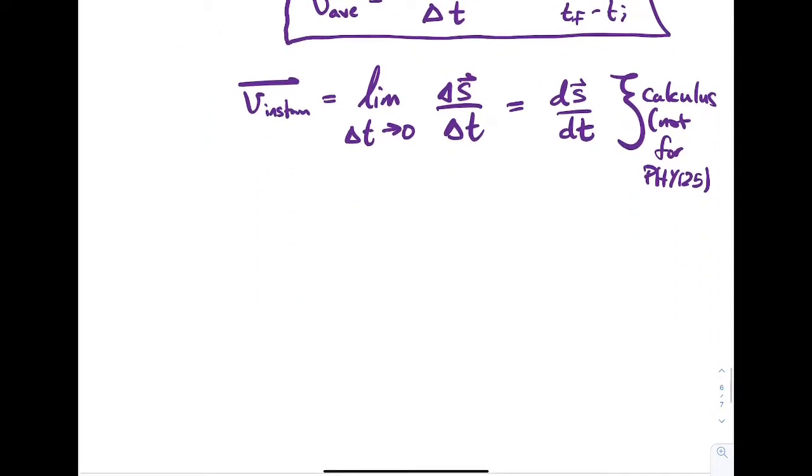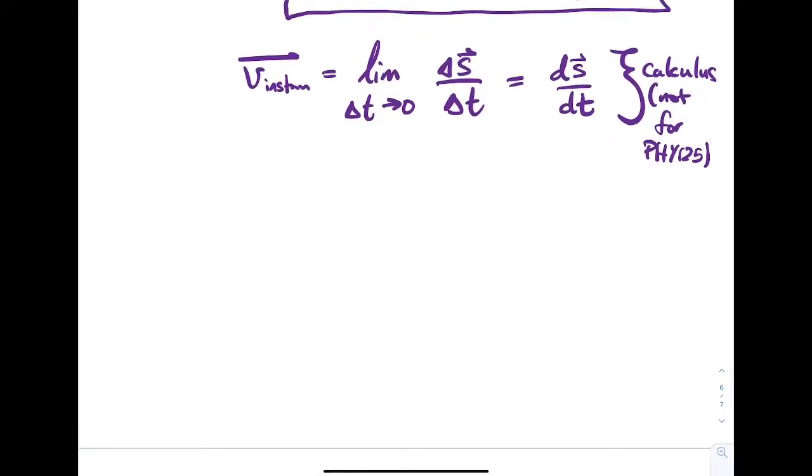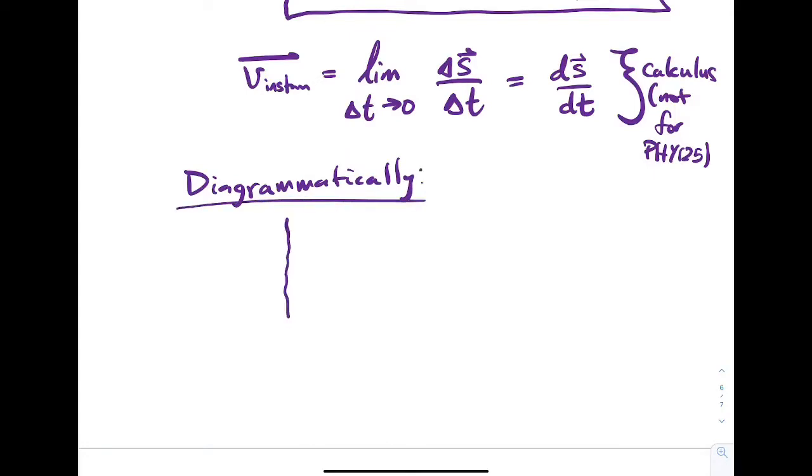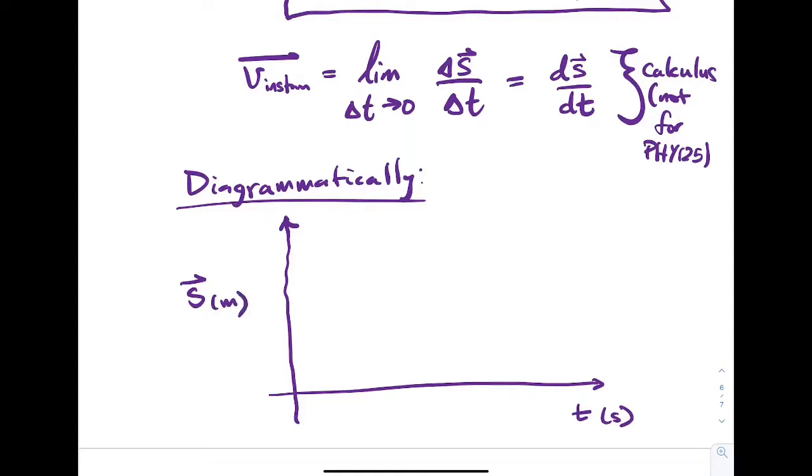Normally I don't do this, but I think since we're online, we won't have as much opportunity to talk. So I would like to show you diagrammatically how we can represent a velocity. Diagrammatically, we could plot a displacement with respect to time. And so let's just imagine you're watching somebody drive along on a highway. If somebody's driving along on a highway, maybe going a constant 70 miles per hour, and you start the clock somewhere over here, so at 0, they're somewhere on the displacement line, and every second that goes by,